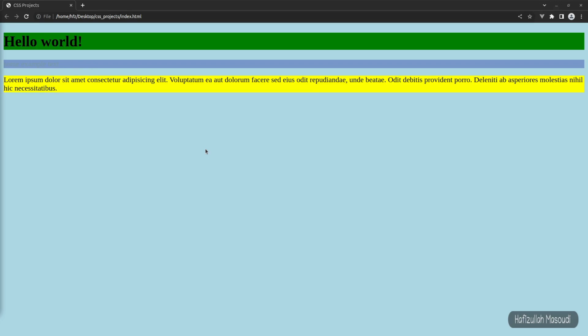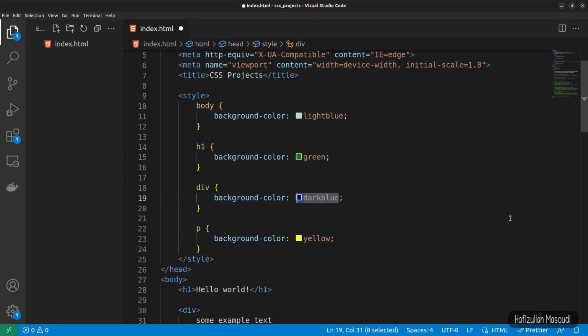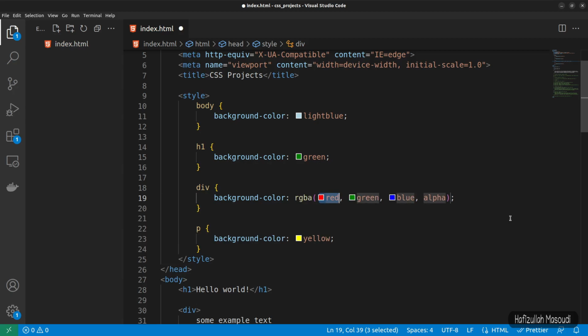So if you don't want to apply opacity to all child elements, you can use the RGBA color values, which has an alpha channel, and with it you can apply the opacity only to the color property. So to show you this, let's get back to Visual Studio Code, and instead of defining the opacity and background color like this, let's remove the opacity first, and then remove the named color, and let's say RGBA, and now for the blue we can set the red to 0, green to 0, and blue to 255, and for the alpha channel let's say